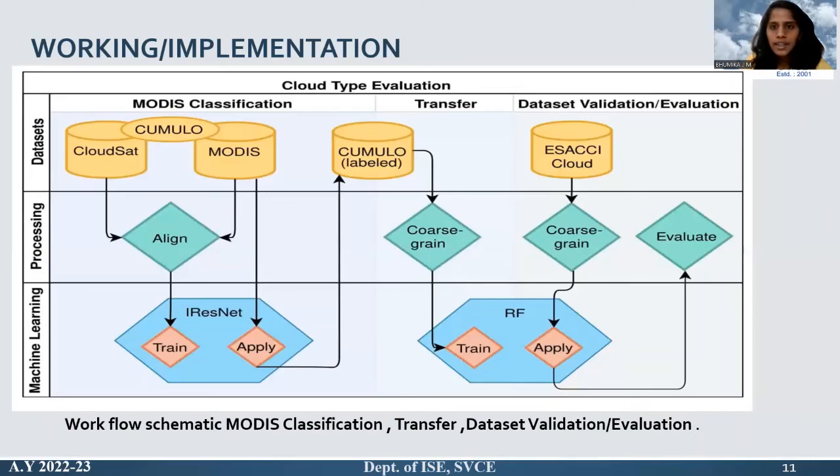And ESA CCI cloud, which is one of the third process, its purpose is the physical validation and variables. It means it consists of physical variables and even a validation process. After that, the coarse graining information is collected and applied to the RF. With the help of this RF, they are going to get the proper information about what kind of